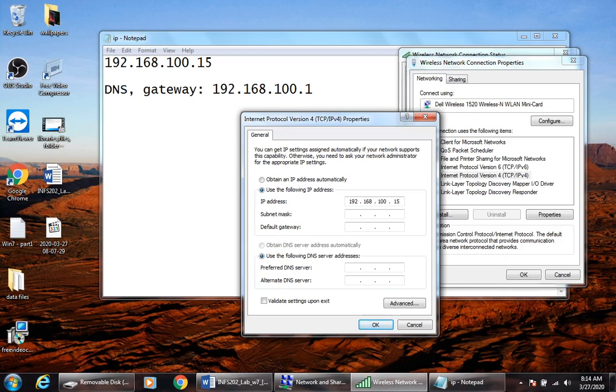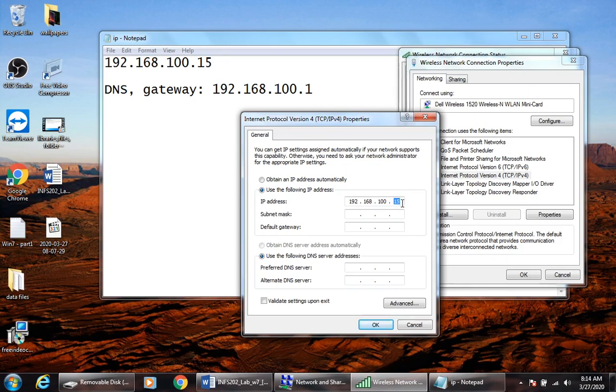192.168.100.15. Okay, anyway, I want to tell you something here: you can write these first three digits, 192.168.100, they're supposed to be fixed. But when it comes to the last digit, this is the place, because this is a class C IP address. I do not want to go into detail on what you mean by class C or A or B. But you need to know that for the local IP addresses, normally they come in a way